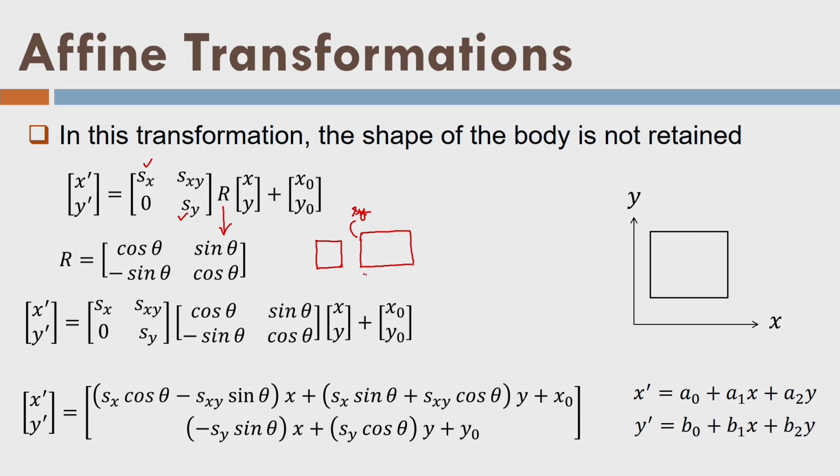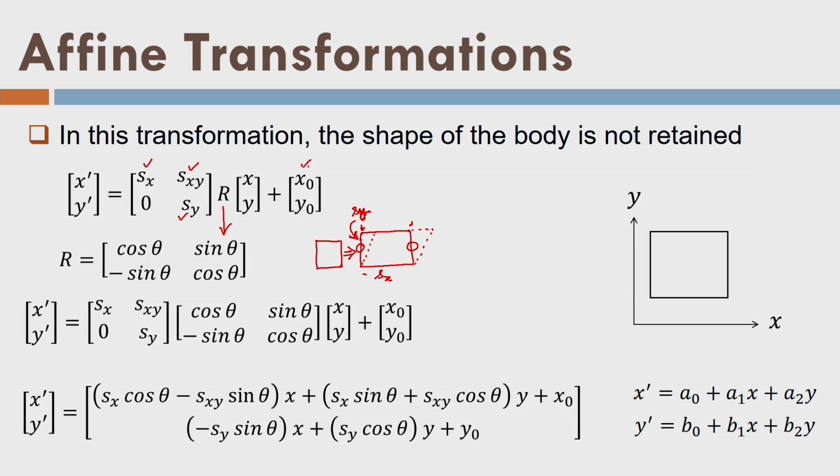In the x direction, the scale is sx, and in the y direction, the scale is sy, this way. So, now you can see that the dimensions in the y direction and the x direction are changed. Because of this, the square has turned into a rectangle. One more factor you can see here is the shear factor. And what is that? Because of the shear, a particular length, from this point to this point, can deform, and because of that, it may take a shape like this. That means a rectangle can further become a parallelogram. So, that is what we understand by the affine transformation.